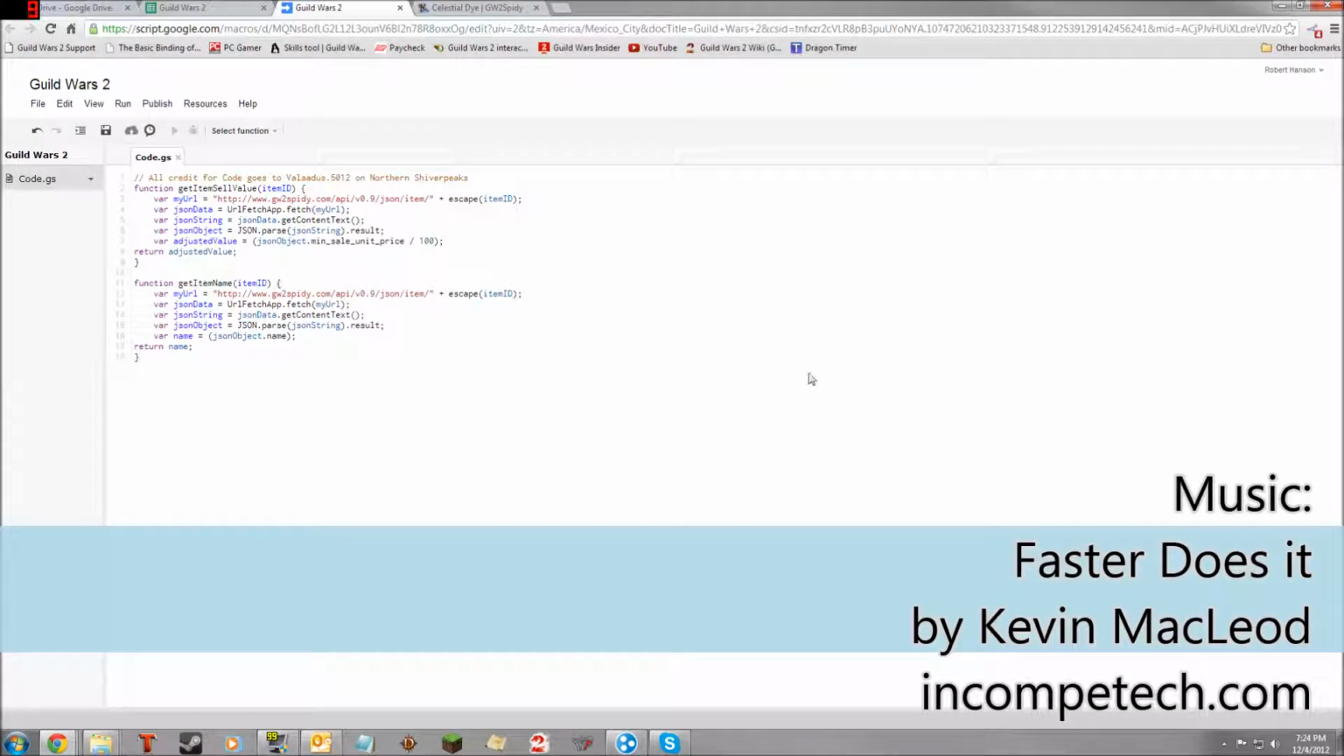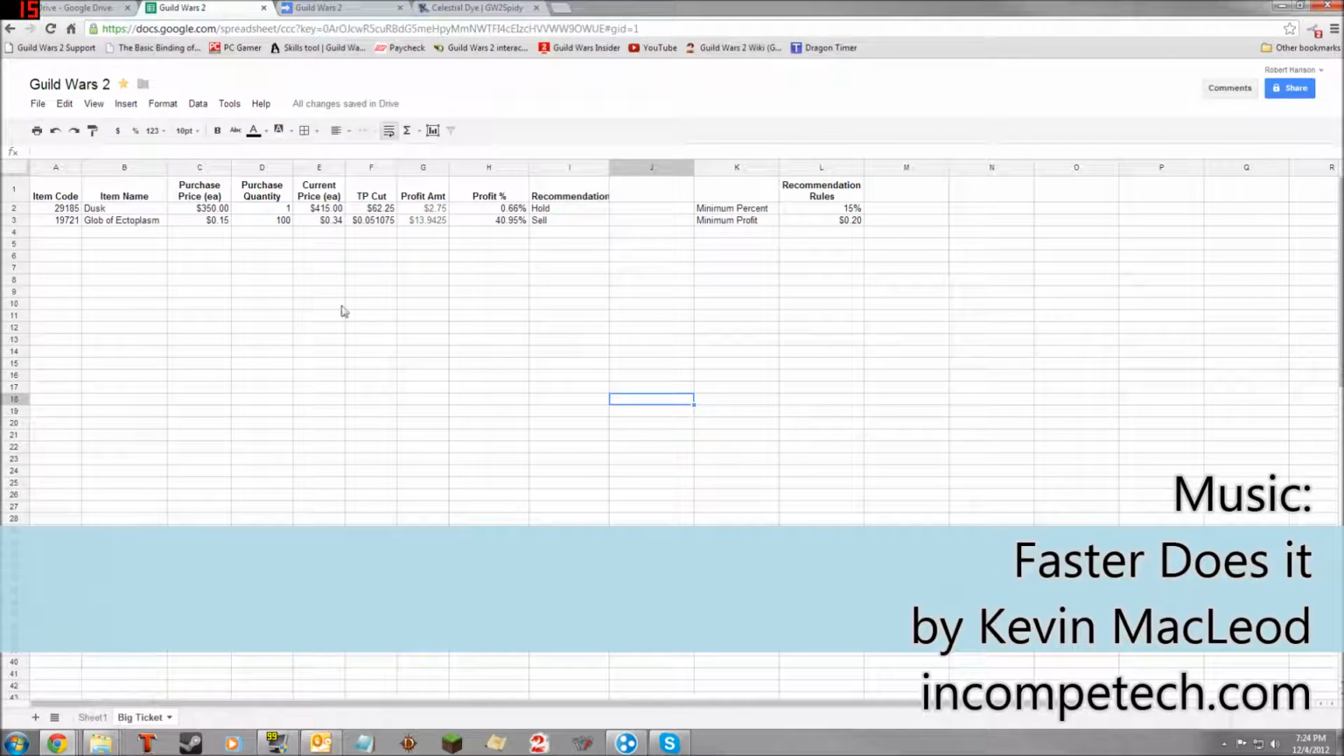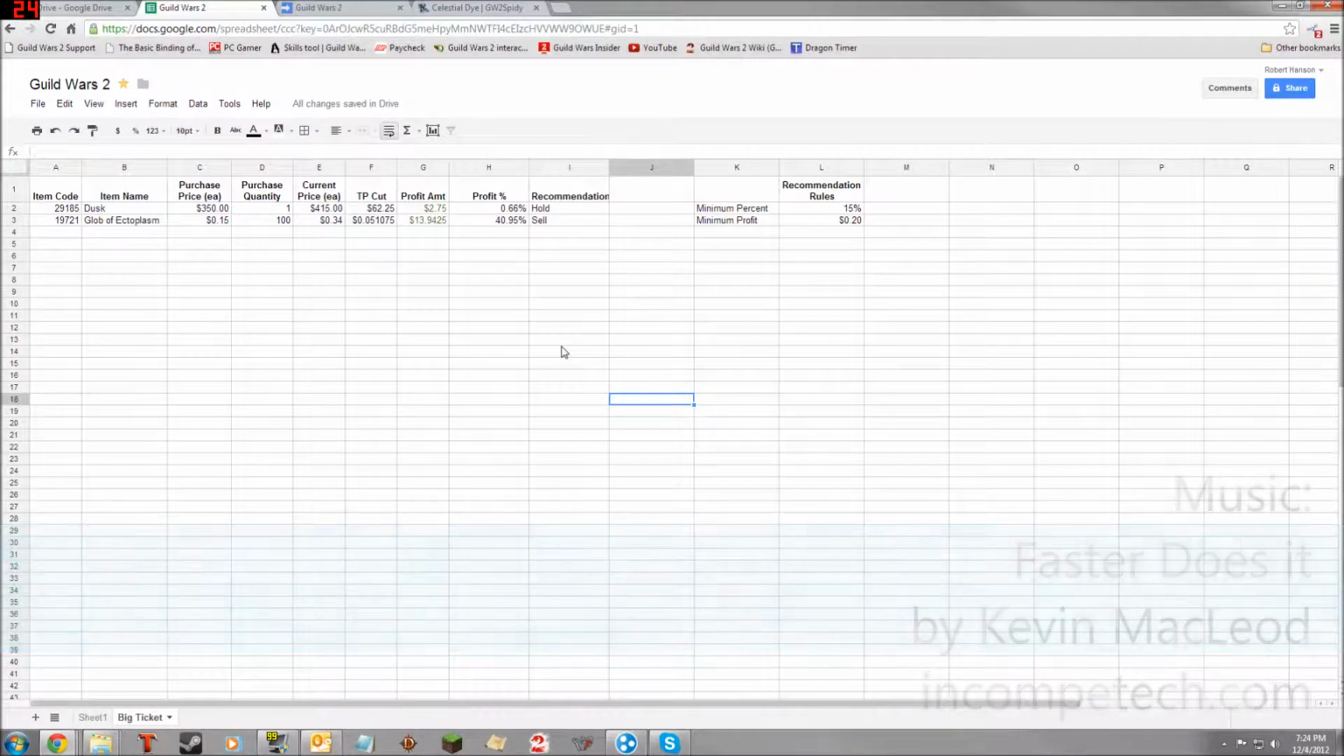You'll notice here on the screen is the code which I explained to you before, the two functions get item sell value and get item name, for fetching from Guild Wars 2 Spidey, and of course that code is courtesy of the latest .5012 from Northern Shiver Peaks. So let's go over into my spreadsheet, which I have created a new page for larger ticket investment items,